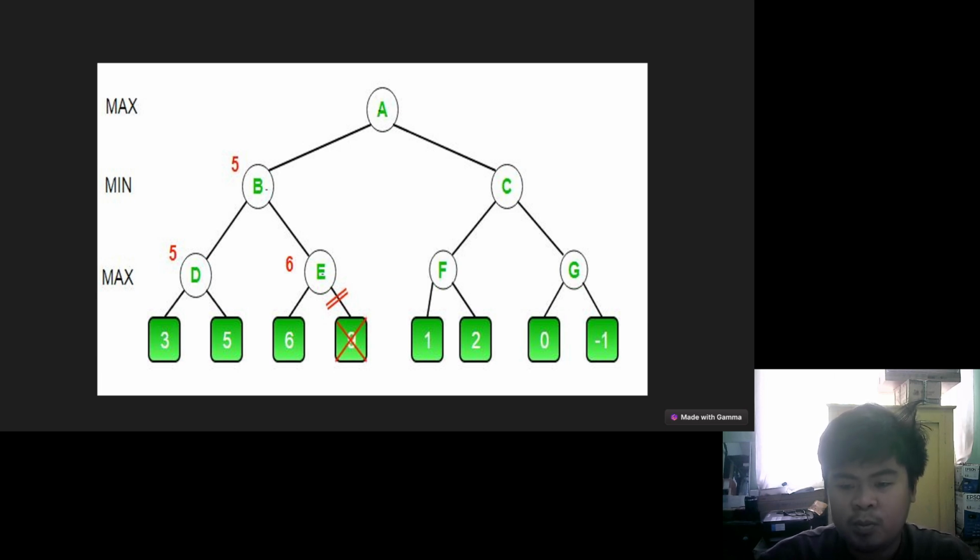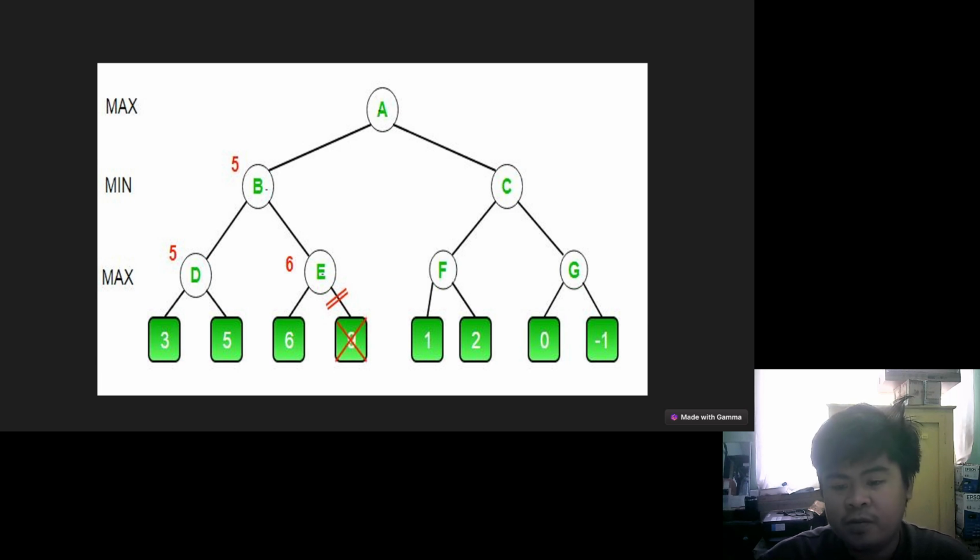So the intuition behind this cutoff is that at C, the minimizer was guaranteed a value of 2 or lesser, but the maximizer was already guaranteed a value of 5 if it chose B. So why would the maximizer ever choose C and get a value less than 2? Again, you can see that it does not matter what those last two values were. We also save a lot of computation by skipping a whole subtree. So C now returns a value of 2 to A. Therefore, the best value of A is the maximum of 5 and 2, which is 5.